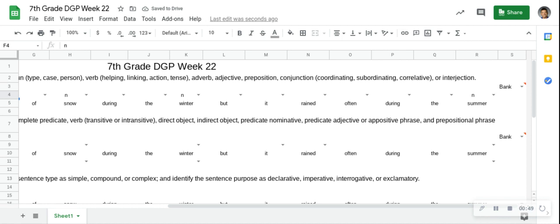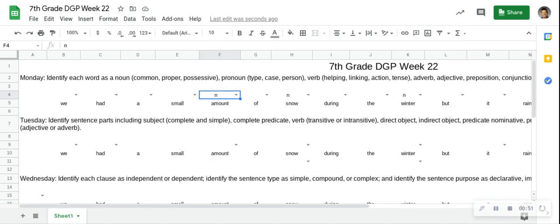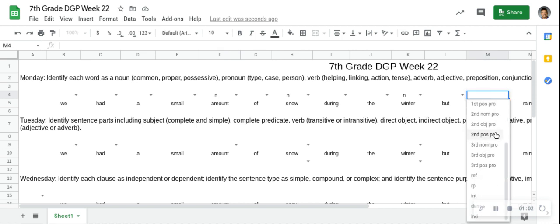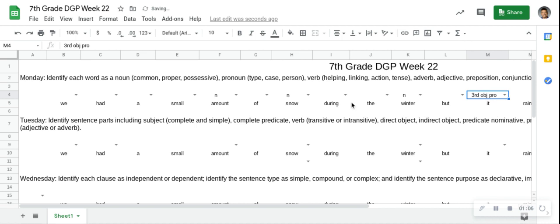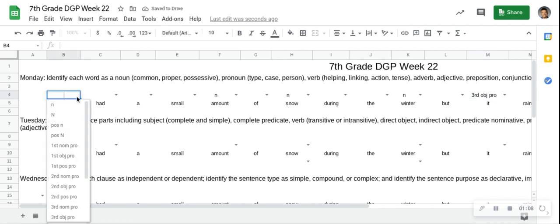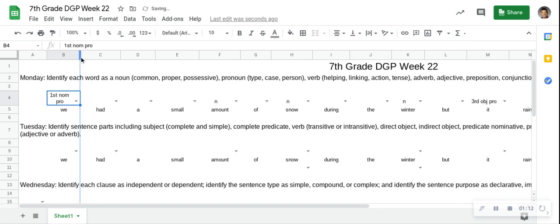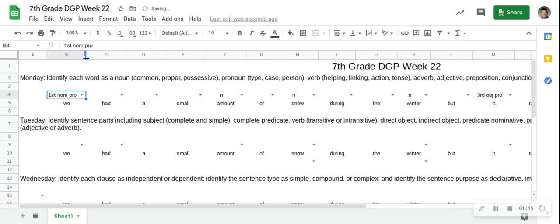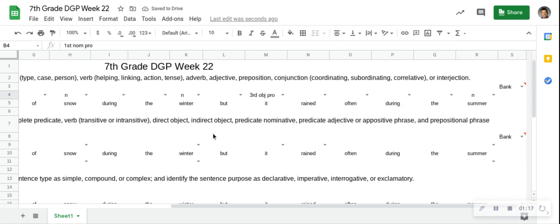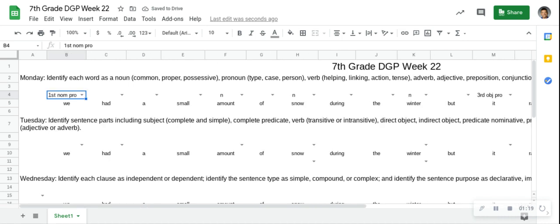So now we're looking for 4 or 2 others, and they are pronouns. Remember that pronouns fall underneath the categories of nouns. And what we're looking at, it is one, is a third person objective pronoun talking about an object, and then we, which is a first person nominative pronoun. Now I'm going to widen this box a little bit so that it fits and it's not lengthening it out anymore. So I think that's our 6